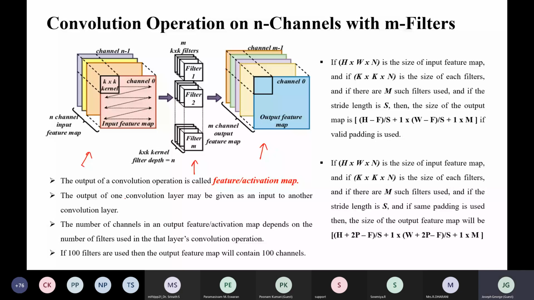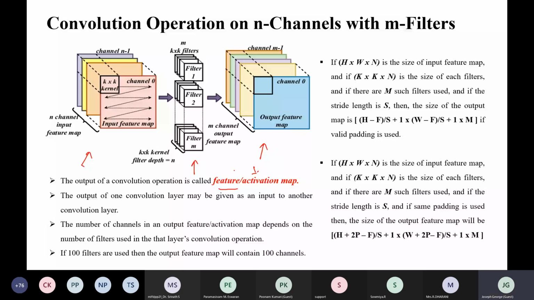In the first convolution layer, we give the image as an input and do some convolution operation using some filters, so you will get an activation map. In the next layer, you give the activation map as an input. This activation map does not have 3 channels, but k channels, according to the number of filters you used in the first convolution layer.